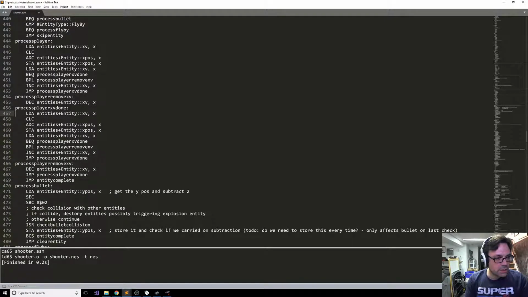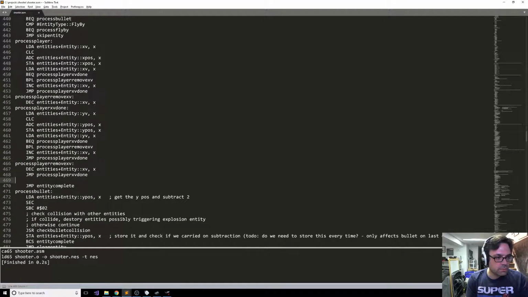Load the y, let's see. Okay, so we're going to load the y velocity, we're going to add the y position, we're going to store the y position, we're going to load the y velocity. If it's equal, we're going to branch to plot. We'll just call this player v done, because at this point we're totally done with